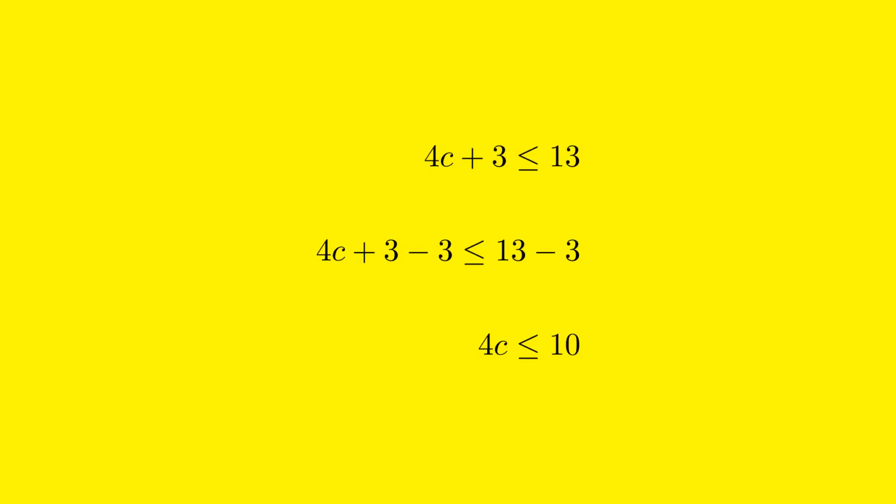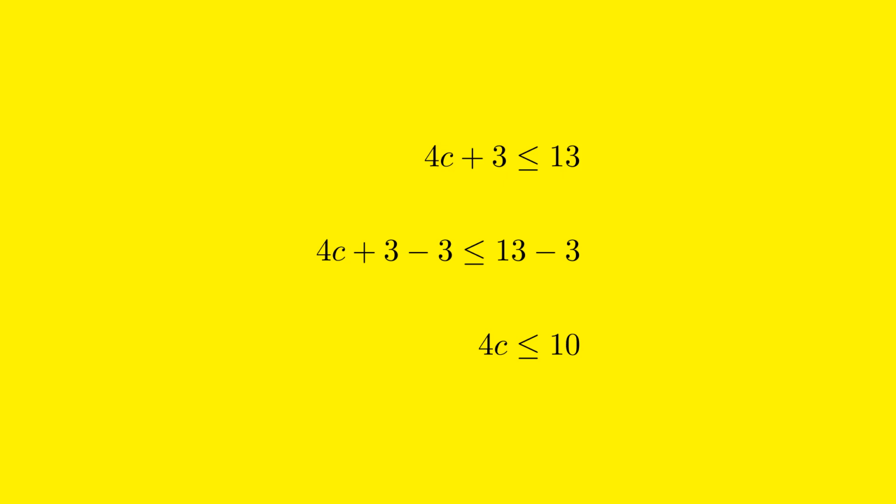To solve the inequality 4c plus 3 is less than or equal to 13, we first need to isolate the variable c on one side of the inequality. This means we need to get rid of the number 3 that is added to 4c. To do this, we perform the inverse operation of addition, which is subtraction. We subtract 3 from both sides of the inequality to maintain the balance, just like we would do in an